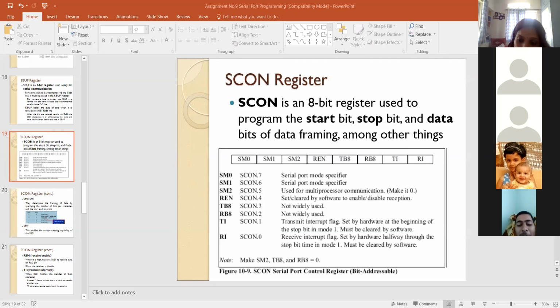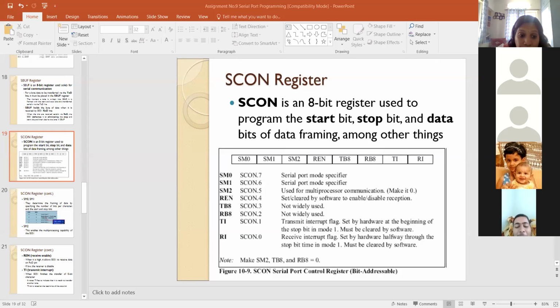The SBUF register is always used whenever you transmit and whenever you receive any value through the serial port. Okay, fine. Whatever settings you are doing in your program, you can see here in SCON, then 9600 as the baud rate, the SMOD register, the REN register. This is an initial value, but right now we are changing the value, that's why you can get this type of value.